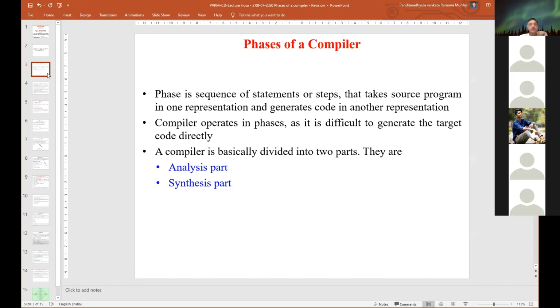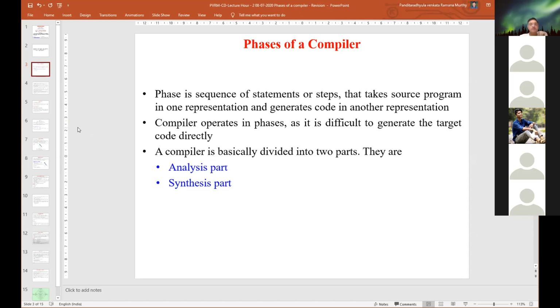We identified that the phases of compiler are basically divided into two parts: the analysis part and the synthesis part. A phase is nothing but a sequence of statements or steps that takes the source program in one representation and generates it in another representation.